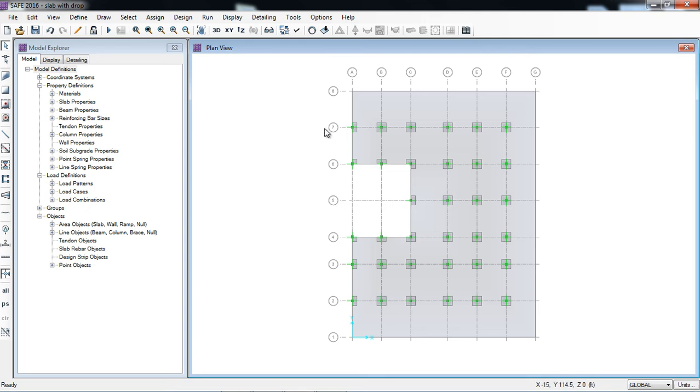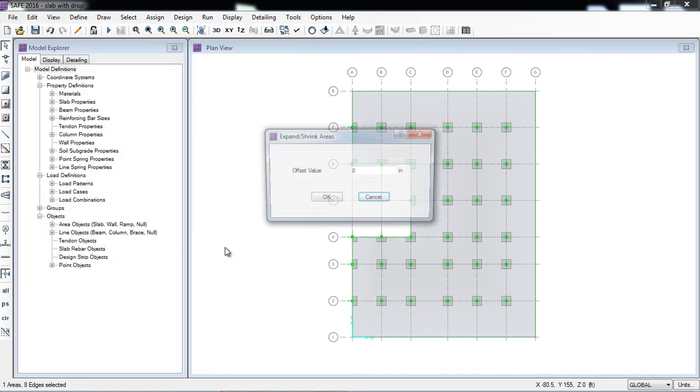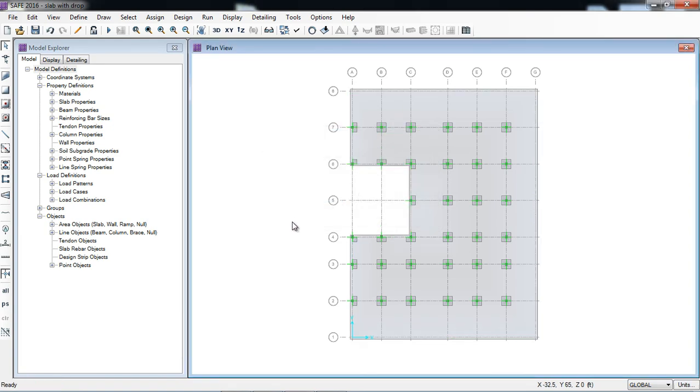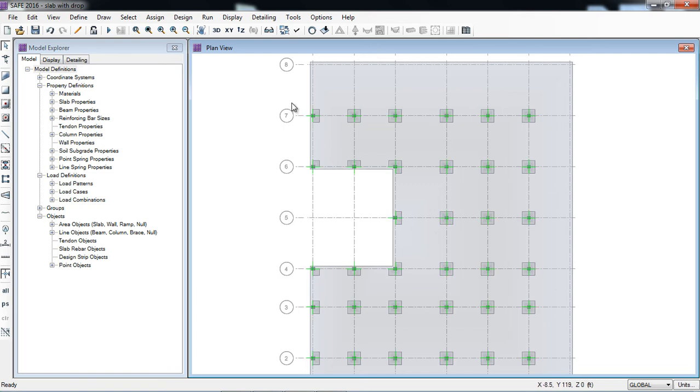Okay, now I will project my slab, meaning make the offset of the slab 1 foot beyond the grid line. I will select the slab and go in the edit areas, and expand and shrink areas. Here software is asking me how much I want to make the offset. So I will make it 12-inch. Here the mistake is the software has not drawn the panel, so I will just delete these columns